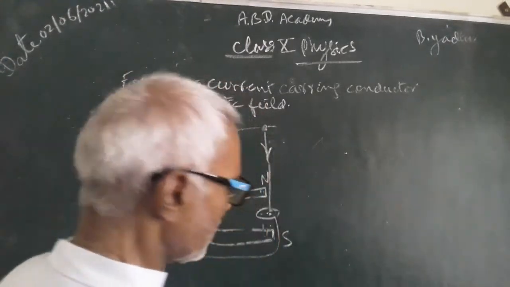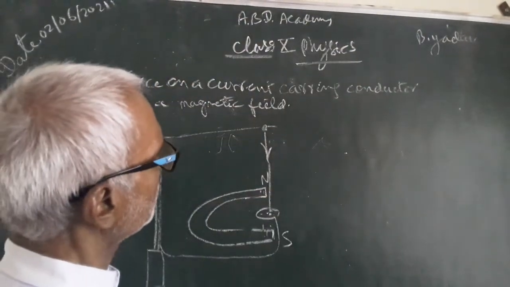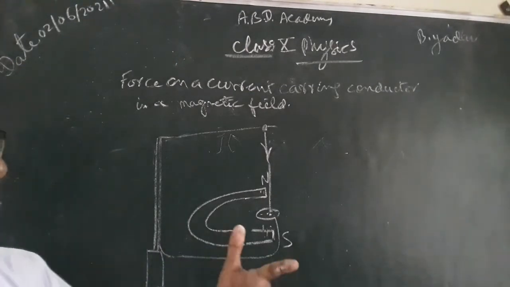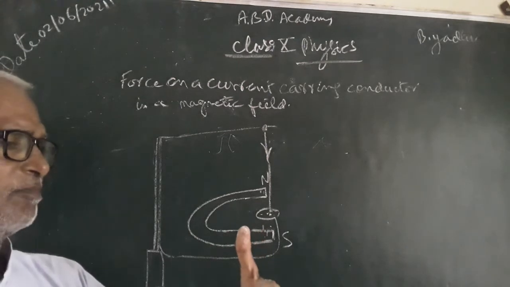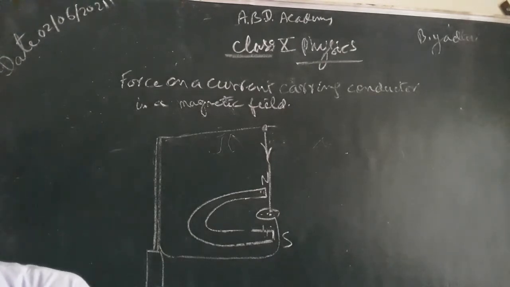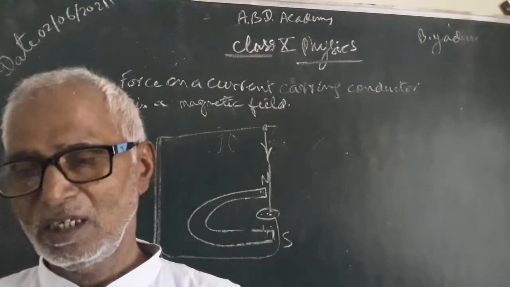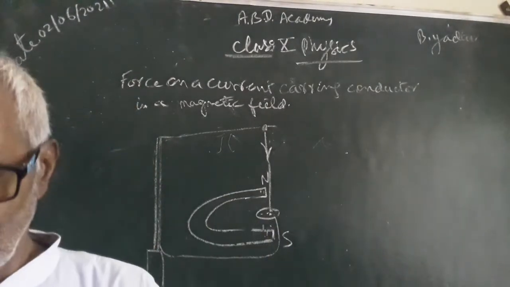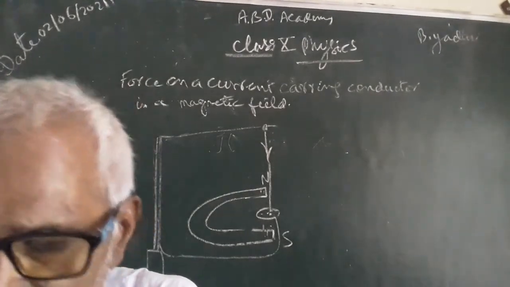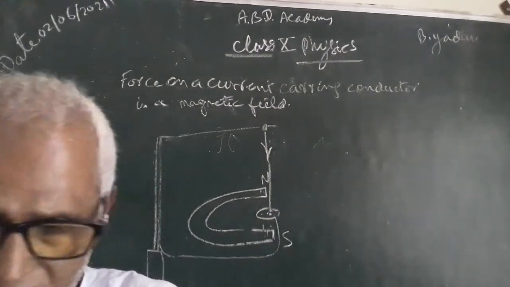So here the magnetic field is in this way, in horizontal position, and from vertical position the wire comes. It will produce a magnetic field around it, in the direction of my finger. So the two magnetic fields will react with each other, they will apply a force of action or reaction on each other. As a result, this conductor will move, which is the principle of electric motor or moving devices like fans, galvanometer, etc. Many devices are there.